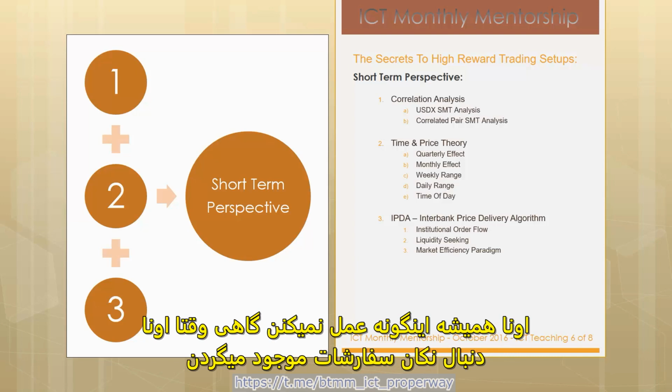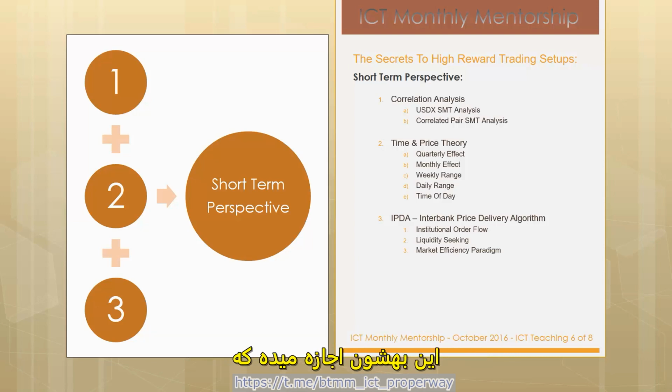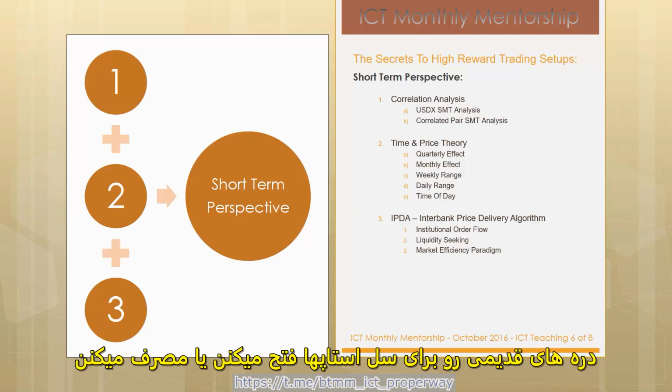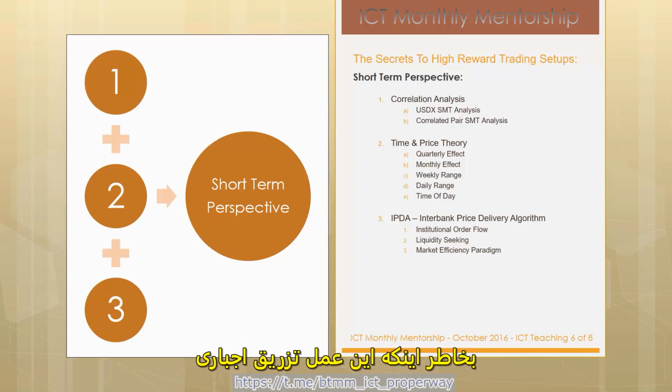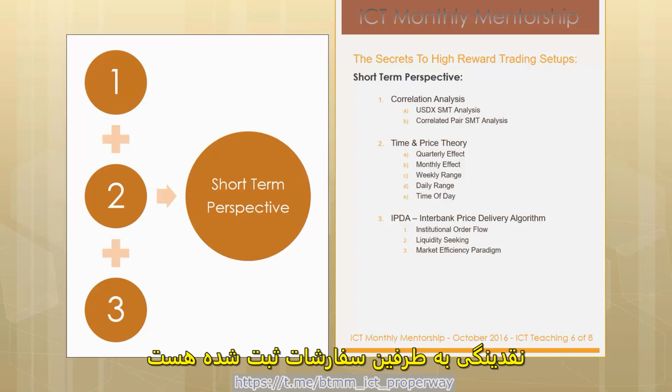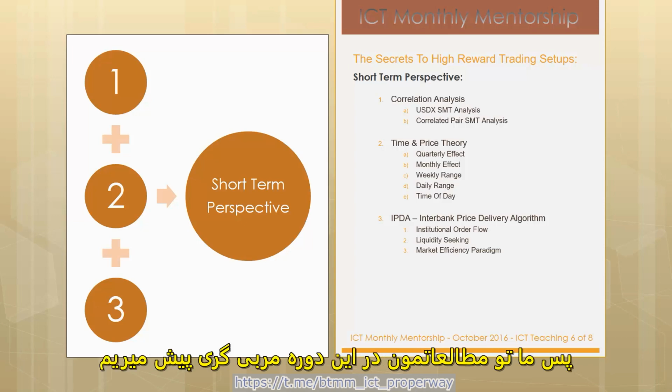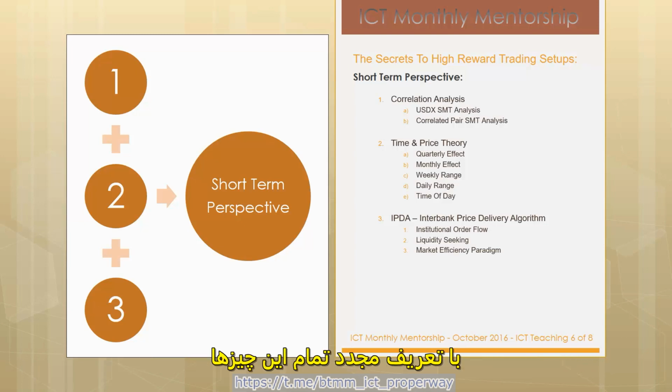They're sometimes seeking where existing orders are that would allow them to engineer counterparties to their execution. Okay, so in other words, they'll run old highs for the buy stops, they'll run old lows for the sell stops, because that will be a forced injection of liquidity to be counterparty to their bookmaking. So we're going to go forward in our studies in this mentorship with a great deal of refinement on all